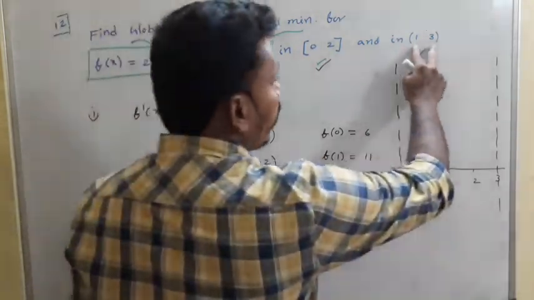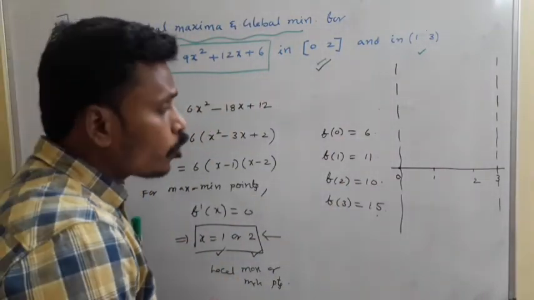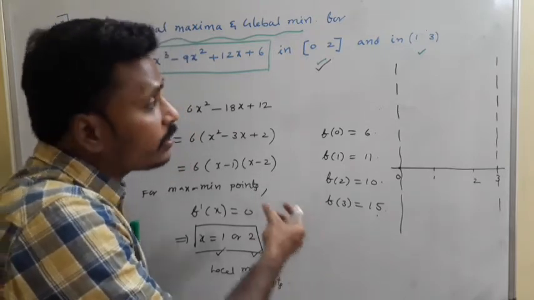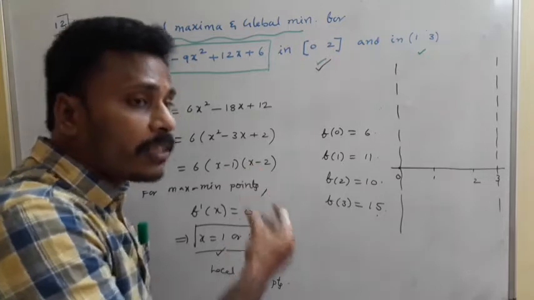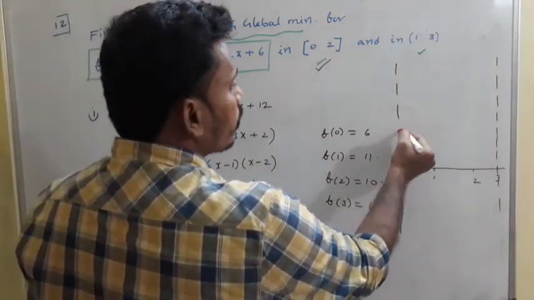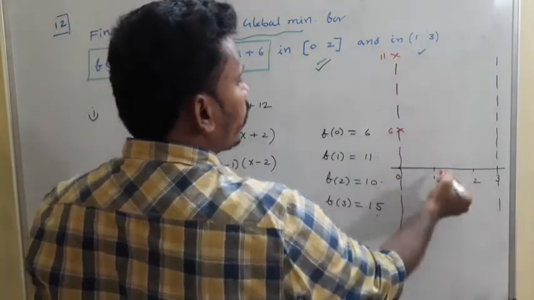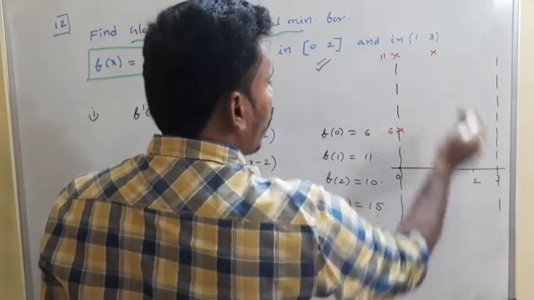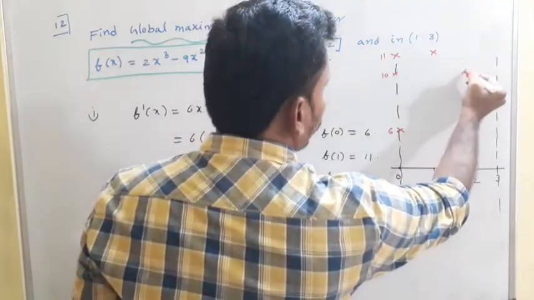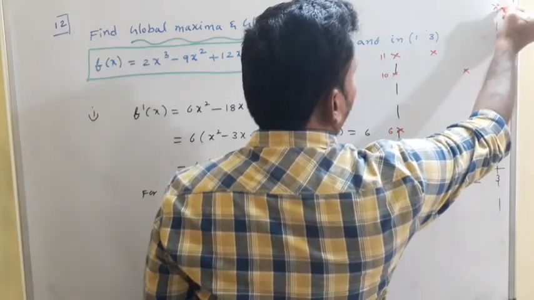But since it's an open interval, okay, so 3 is not included here, so global maximum does not exist. So, to understand this global maximum, global minimum concept in this interval, I am trying to give you the graph. F of 0 is 6. At 0, somewhere this is 6. At 1, the value is 11. So somewhere at this point it is 11, and at 2 the value is 10. So if this point corresponds to 10, at 2 this is 10, and at 3 the value is 15. So maybe treat it like at 15.